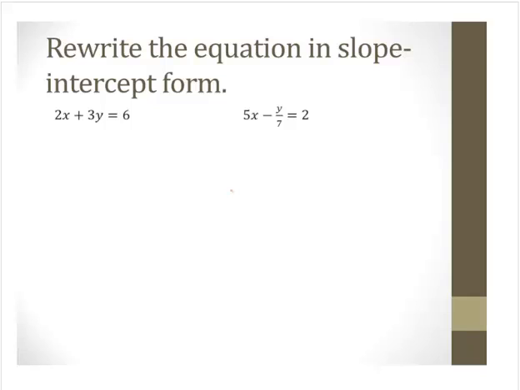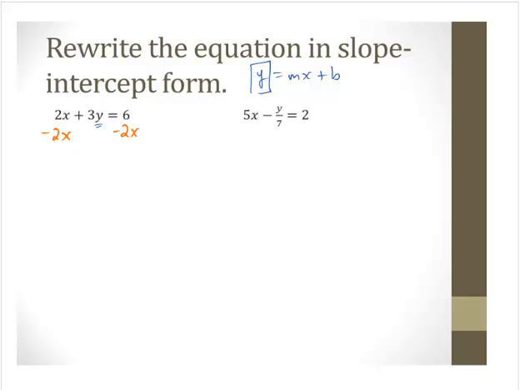Another skill we want to be able to have is to take a linear equation in different forms and be able to rewrite the equation in slope-intercept form. So recall that the slope-intercept form is y equals mx plus b. So generally what we want to do to get a linear equation in slope-intercept form is to isolate the y variable. So if we look at this first example, 2x plus 3y equals 6, I'm going to isolate the y variable. And to do that, I will first remove the other term from that side of the equation,